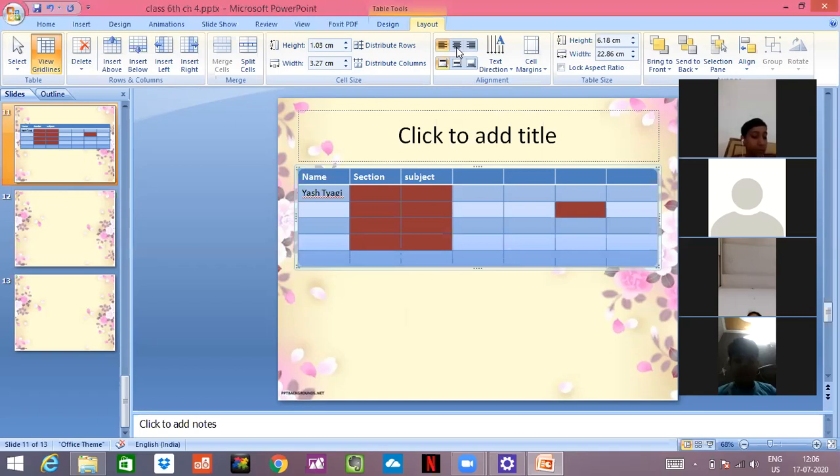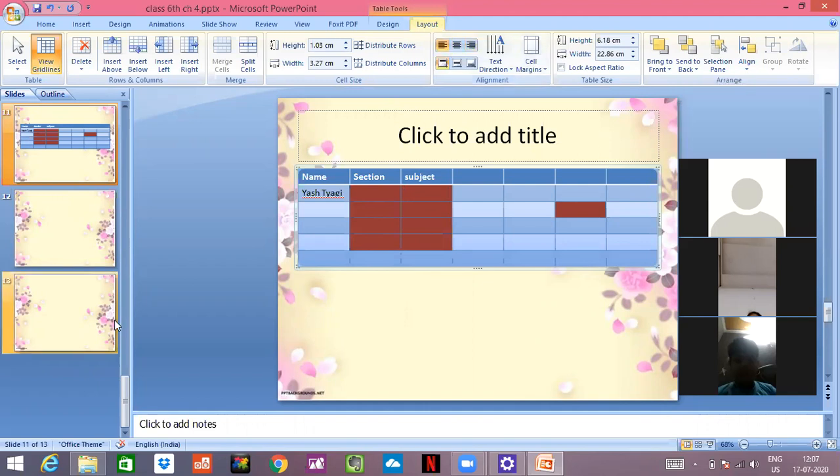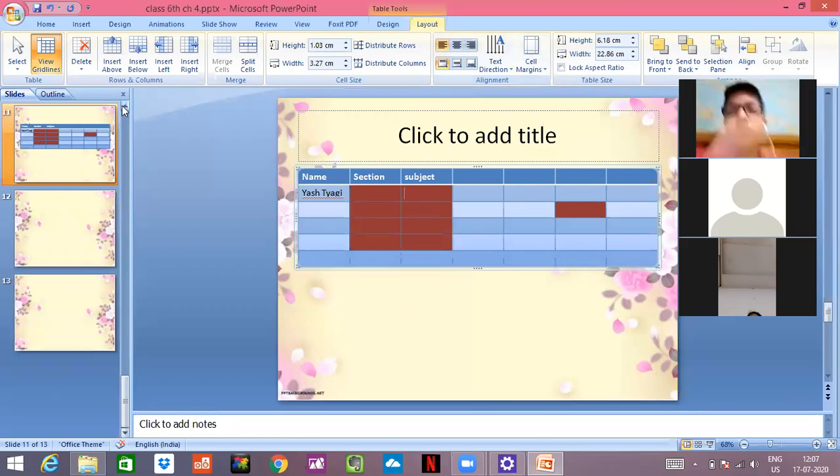See, my cursor has moved to the center. But if I want to move this, this is the right cursor, this is the left cursor. You can change whatever you want to. This is called formatting in a table, changing the background. I hope it is clear to you all.